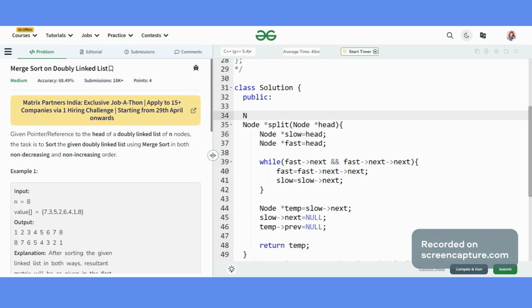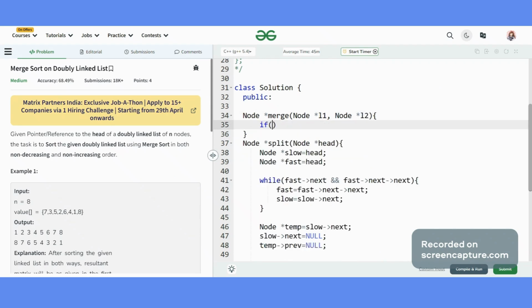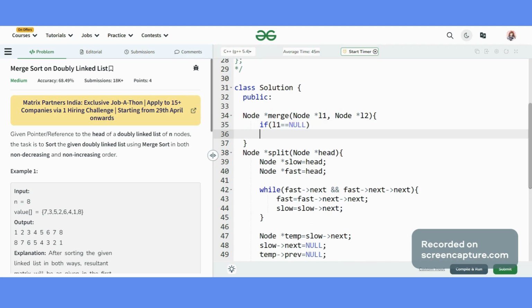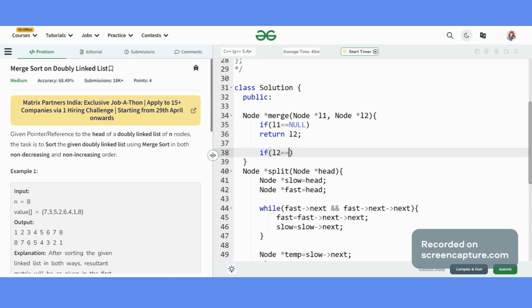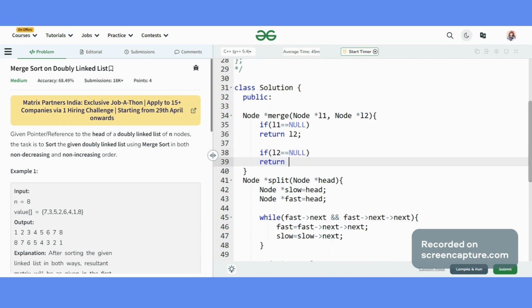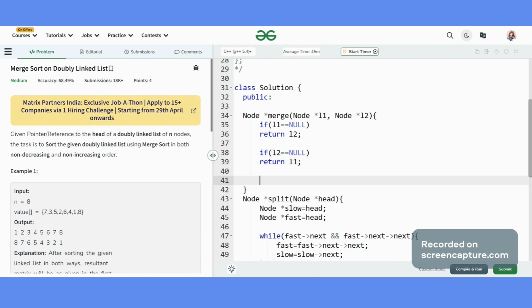Now let's merge this. How to merge? If my first linked list is null, I'll simply return the other linked list. There can also be the case that my second linked list is null. If my second linked list is null, I will return my first linked list. If my L1 data is less than or equal to L2 data, what will I do?